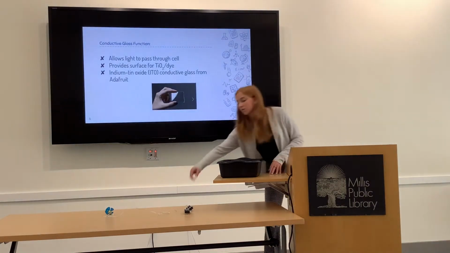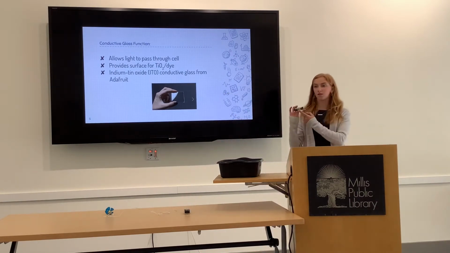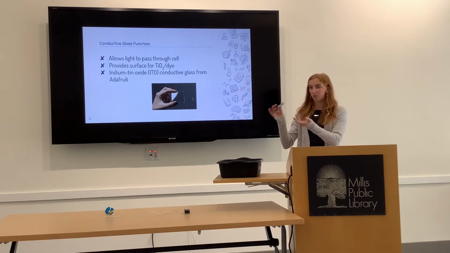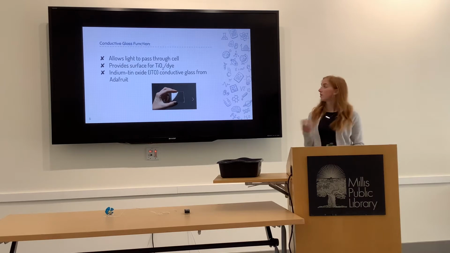So first, the conductive glass. It's just these 2 pieces of glass here that make up the majority of the solar cell. What these do is allow light to pass through into the cell, and provide a surface for the titanium dioxide and dye to sit on, as well as the pencil graphite, which is the counterelectrode. The specific kind of glass I was using is indium tin oxide, or ITO, conductive glass, and this just means there's a thin layer of the ITO on one side of the glass